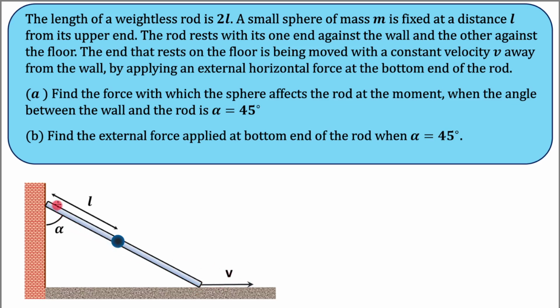And in this case you have to determine what is the value of the interaction force between this bead or this sphere and the rod, and also the external force applied at this bottom end, and it is given that the external force is always horizontal, right? So what will be the external force applied, and the force of interaction, or simply the reaction force between the bead and this rod at the instant when this angle becomes alpha.